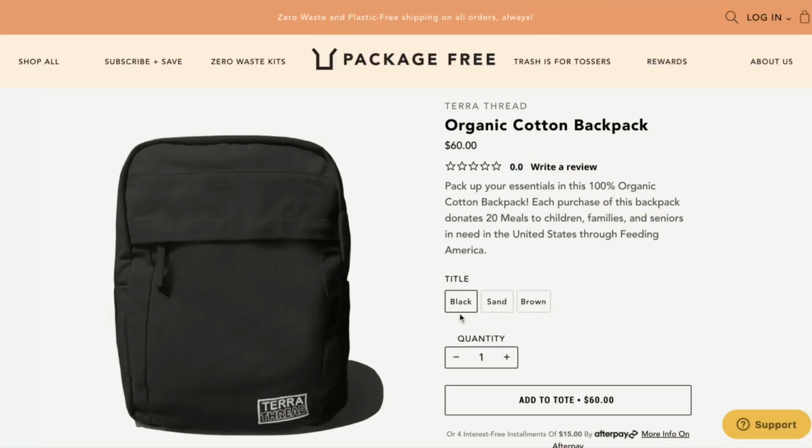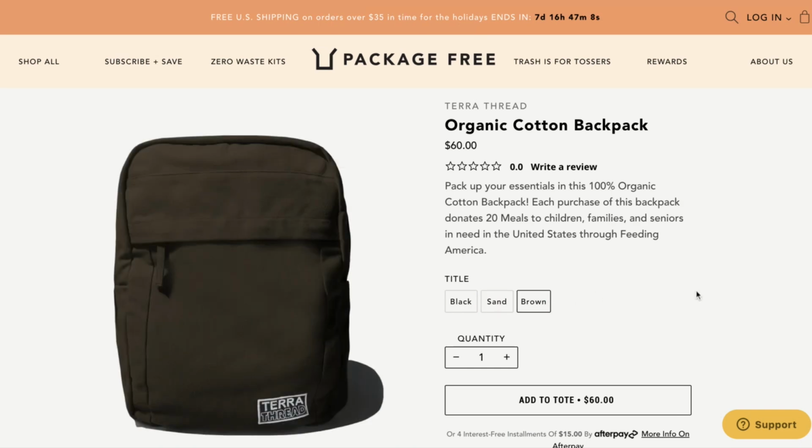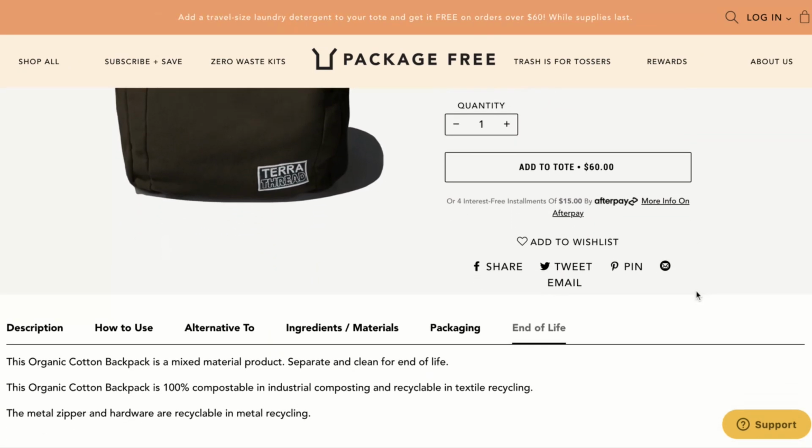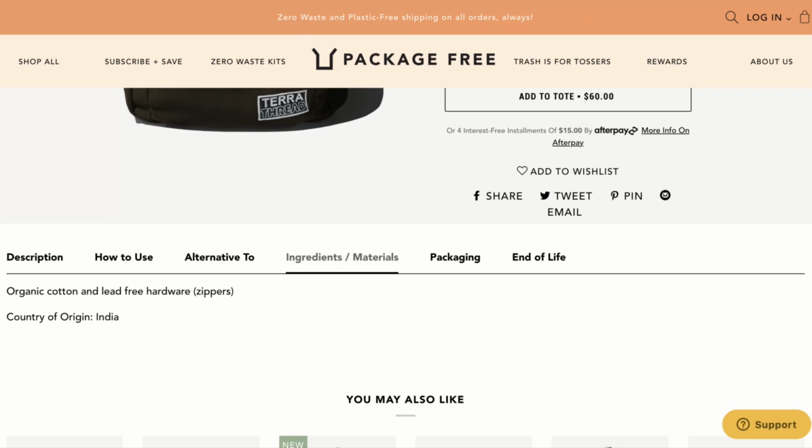Package Free Shop also operates completely plastic free and carbon neutral. So a couple items that I pulled forward from the Package Free Shop. First is a 100% organic cotton backpack. This backpack is made by TerraThread, and each purchase of the backpack donates 20 meals to children, family, and seniors in need in the United States through Feeding America. So it's a gift that is gentle on the earth, it gives back, and I think it's a good everyday